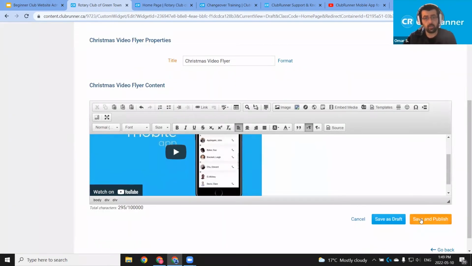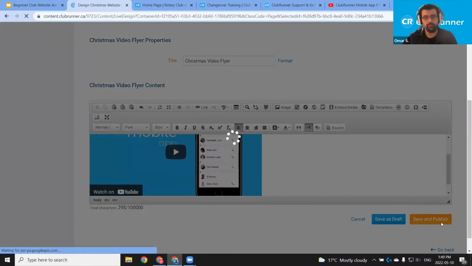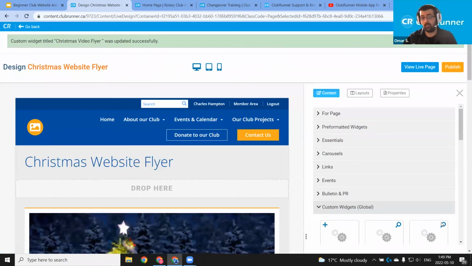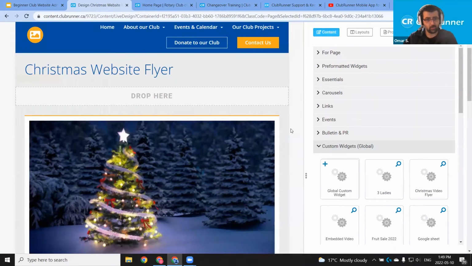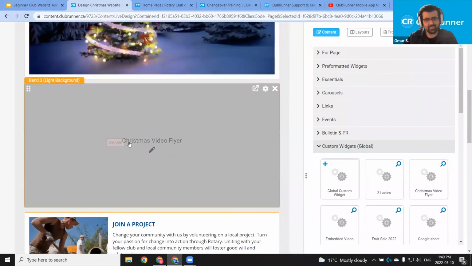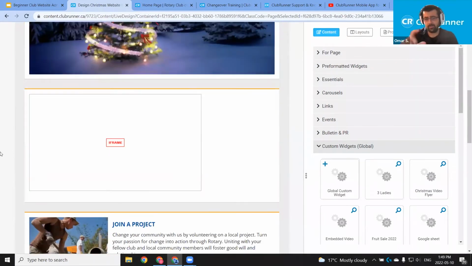So I'm just going to save and publish this, and we'll check it on the website after I publish it and link it in the navigation menu. So let's save our widget here by clicking the orange Save and Publish button in the bottom right. There we are. We're back on our Christmas website flyer custom page. If I scroll down, we've got our Christmas image, and the iframe box with the embedded video is appearing a little strangely because it's not to be played from the live designer. But once we publish it, this iframe box will be replaced with the playable video,